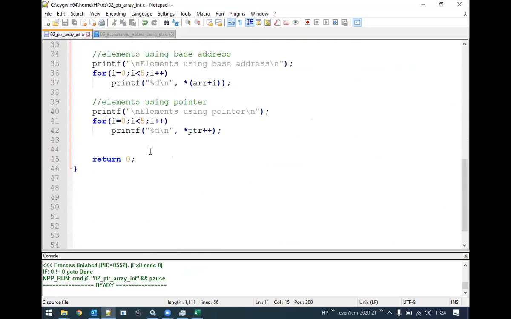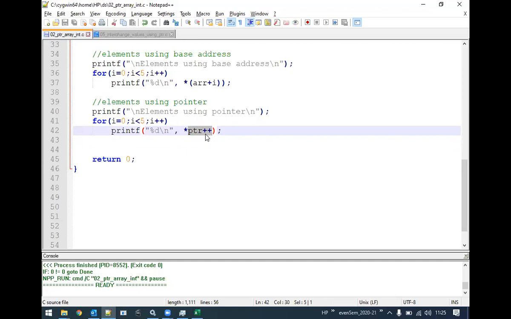Now after that, let us focus on these lines. We are going to repeatedly execute this statement 5 times. Okay, how does it work here? Initially it is PTR plus plus. What type of incrementation is it? Is it a pre-incrementation or post-incrementation? Post-incrementation.